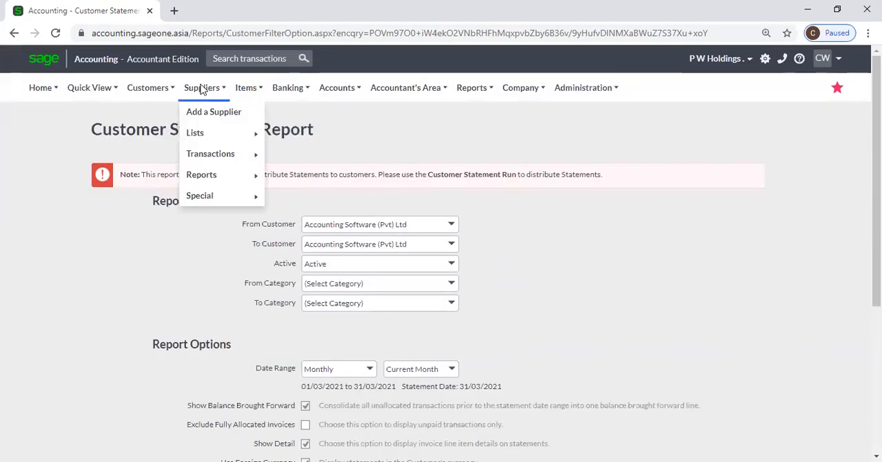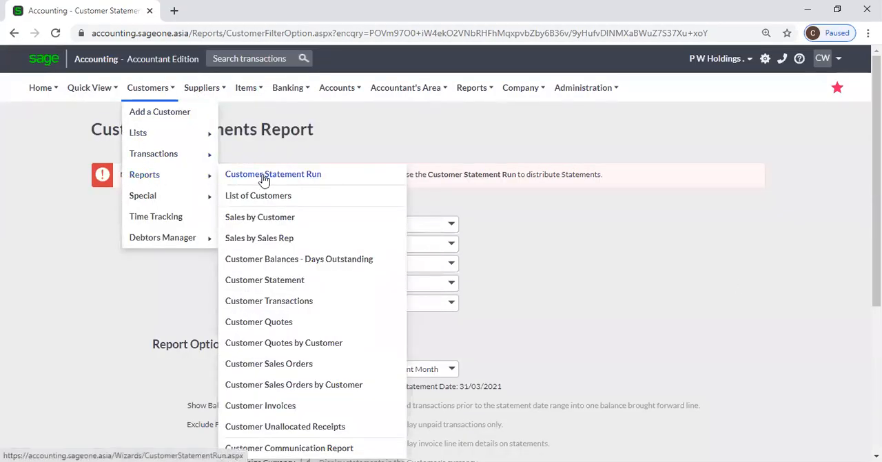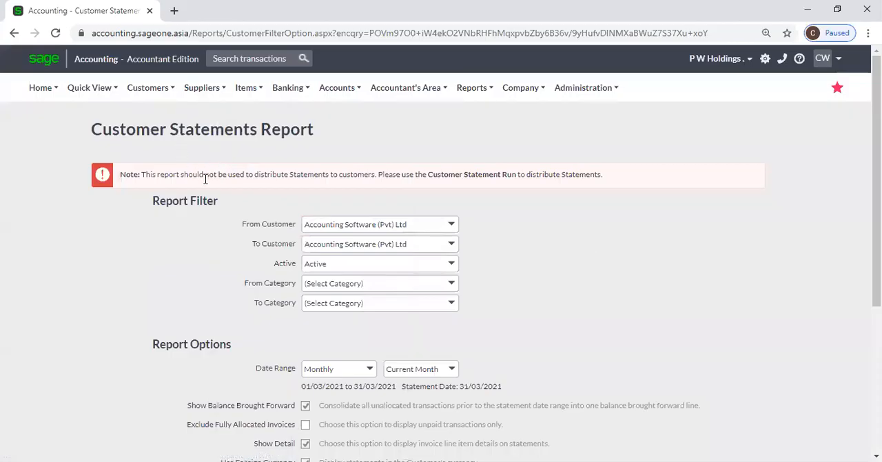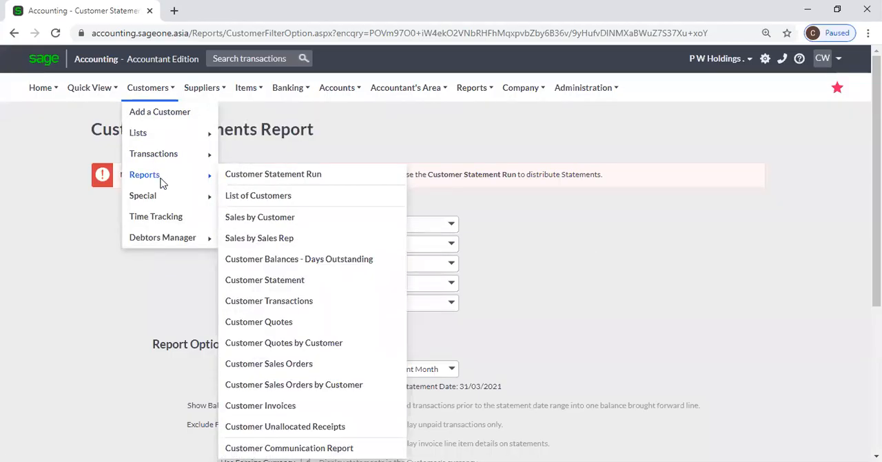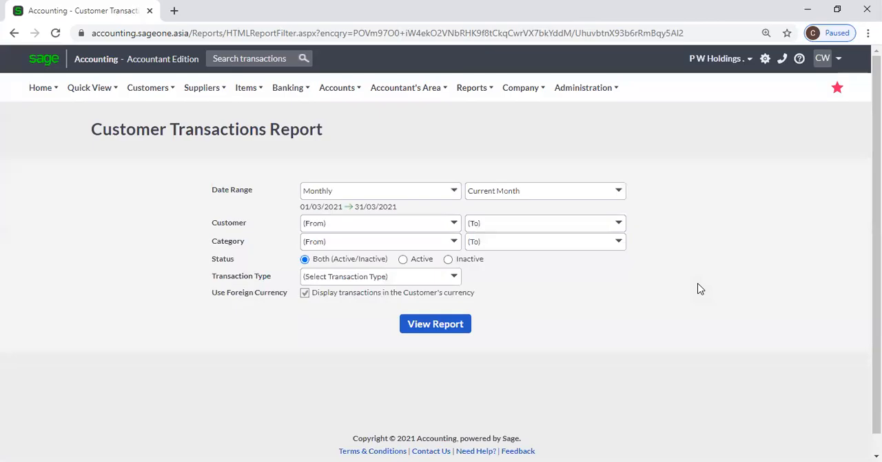Okay, we have done this similar report from customer statement run. Therefore, we will move to the next report, customer transactions. From this report, you can generate customer transactions for a particular period, or for particular customers or all customers. From date range, you can select the date range,